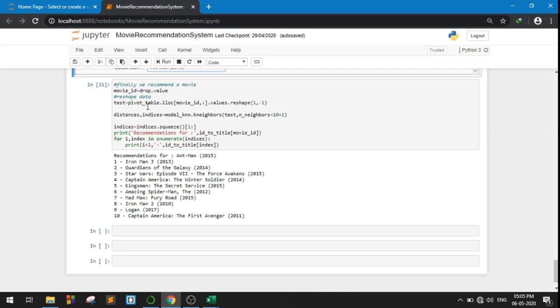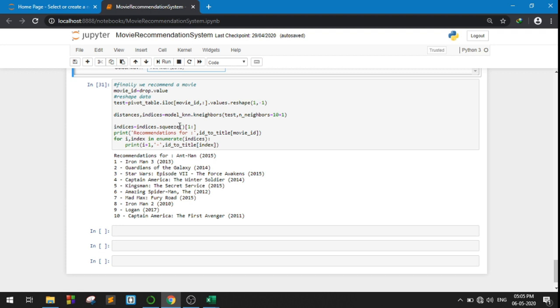Next we reshape the data such that it consists of one row. Next we calculate the similarity of the given input with all the rows in the given table. Here we have used 10 plus 1 because the row we pass will be returned as the nearest with the highest similarity.